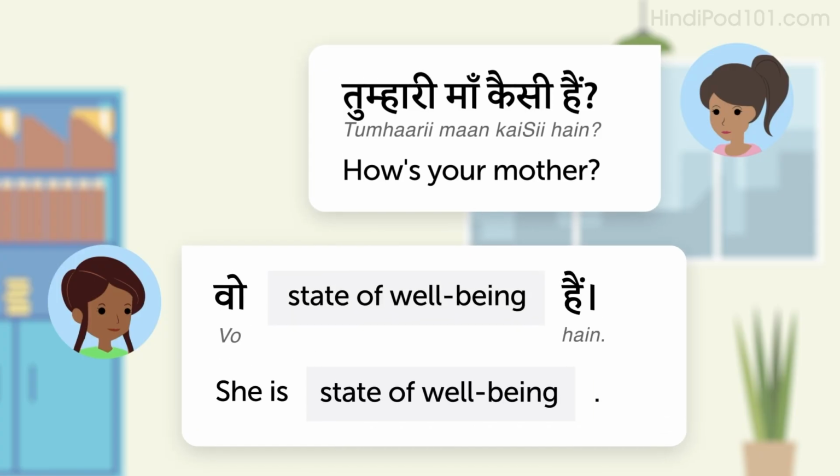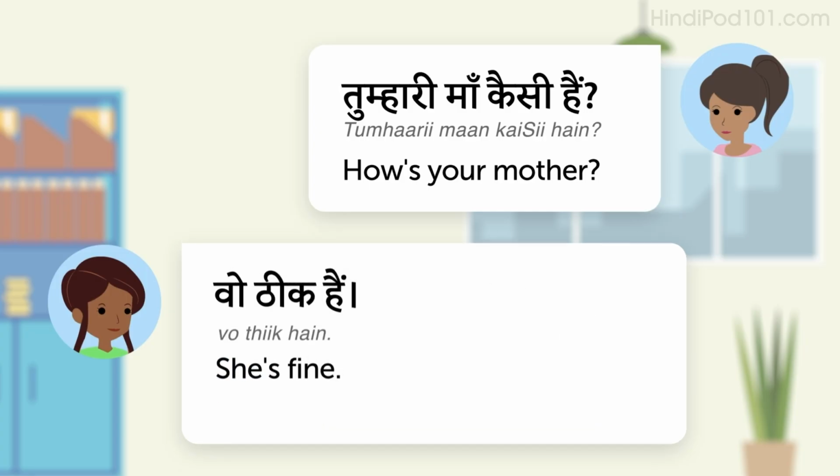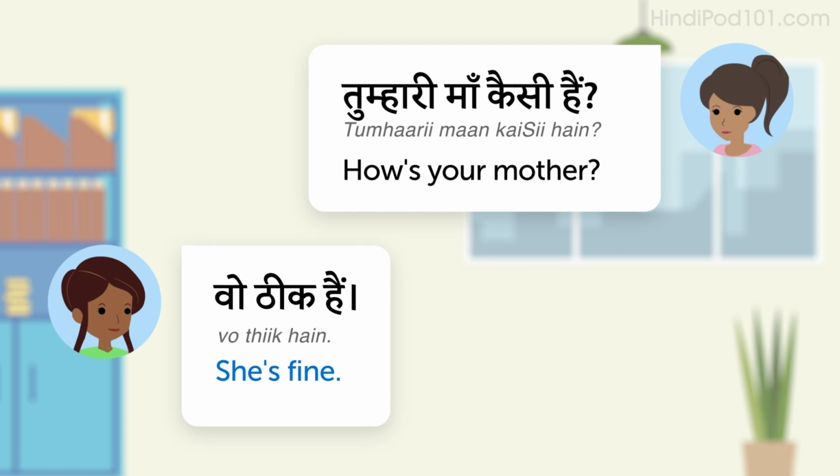The pattern is, वो state of well-being है। This Hindi sentence literally means, he, she, state of well-being, are, but it translates as, she is state of well-being in English. For example, she's fine. वो ठीक है।